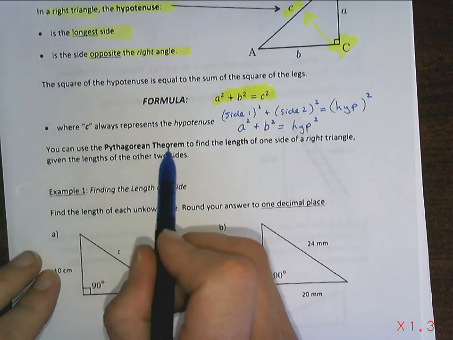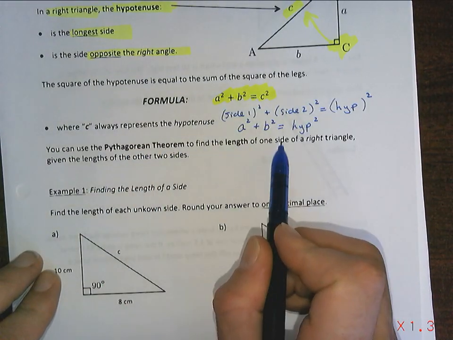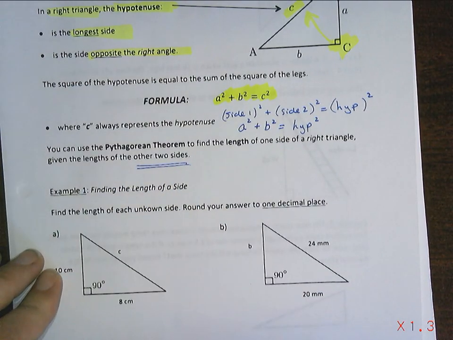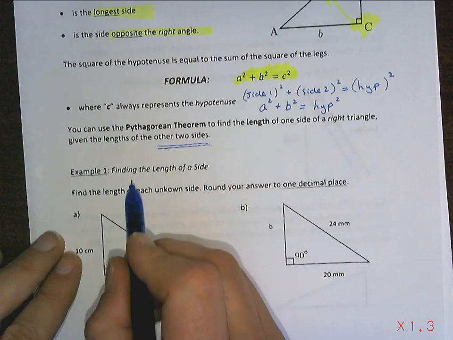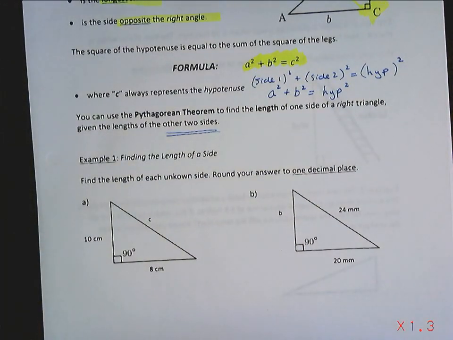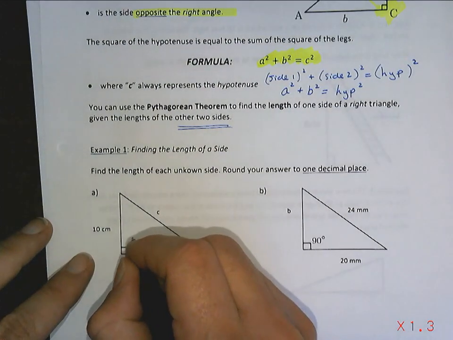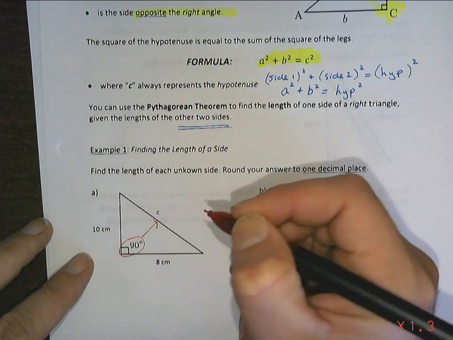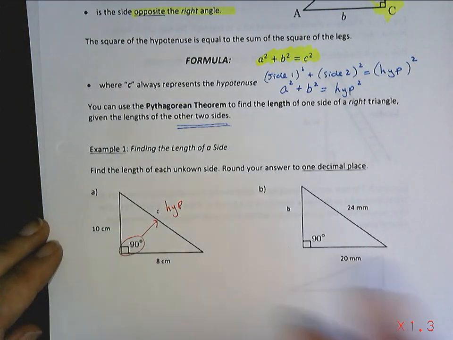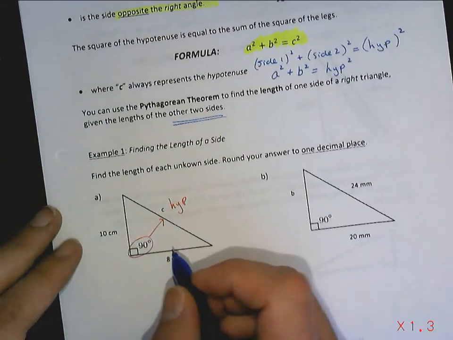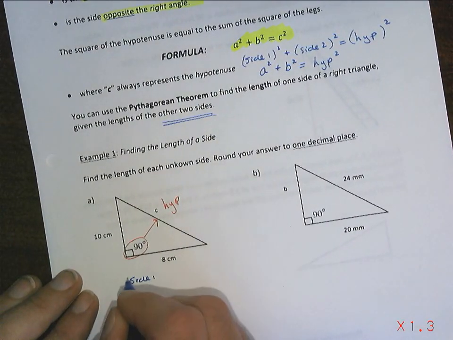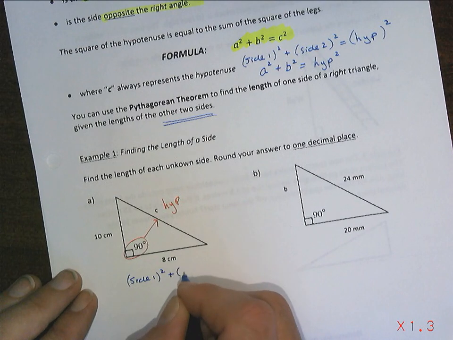We can use the Pythagorean theorem to find the length of a side of a right triangle if we know the other two sides. So, example 1, find the length of a side. The first thing you should always do with every single one of these questions, circle the 90, show the arrow, label the hypotenuse. Do that and you won't go wrong. So, now, Pythagorean theorem is side 1 squared. Yes, I'm going to use my long way. Side 2 squared